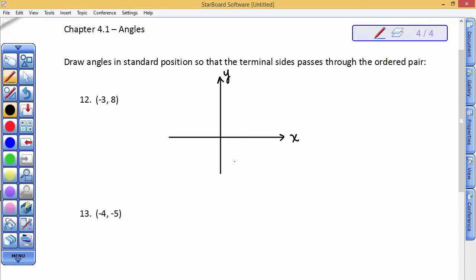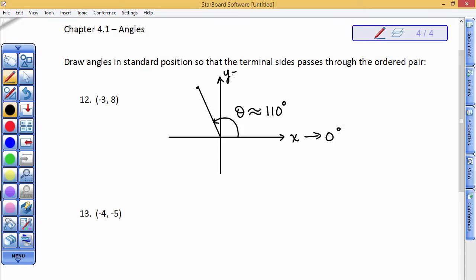So again, here's the x-axis, here's the y-axis. If a terminal side passes through where x is -3, so go left 3 and go up 8. That's just an estimate on my part. Left 3 and up 8. Then here's the terminal side, passes through that ordered pair, and we're speaking about this angle. I'm just going to call it theta, and it looks to me like it's approximately 110 degrees, because right